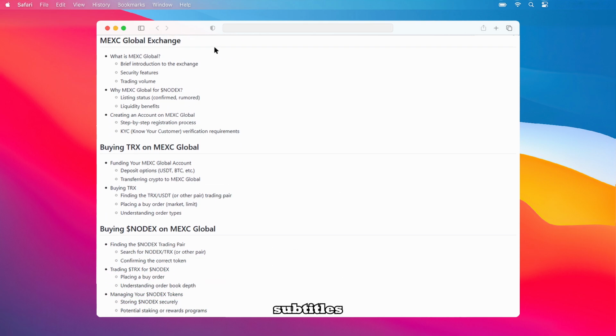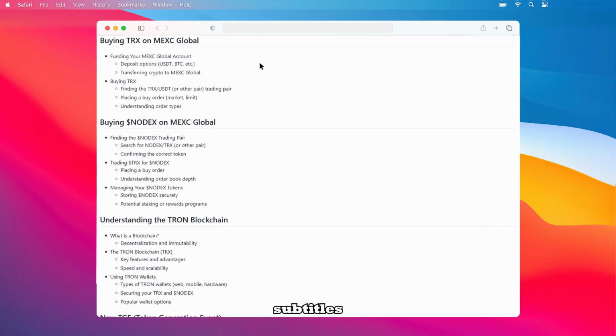Once your account is set up, we'll cover how to buy TRX, the Tron blockchain's native token, on MEXC Global. We'll explain funding your MEXC Global account with deposit options like USDT or BTC, and how to transfer crypto to MEXC Global, followed by finding the TRX/USDT trading pair and placing buy orders using market or limit orders, while understanding